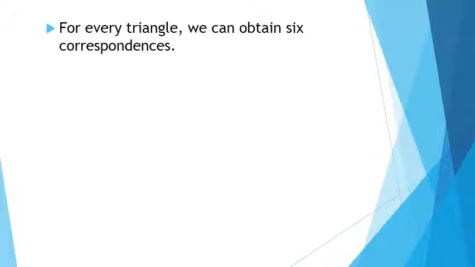So children, you can cut two triangles, triangle ABC and PQR, of the same size and shape, and you can match the vertices with the correspondence given here. Then you can understand which one is exactly matching over the other, that is, which correspondence will lead to congruence. So first we establish the correspondence between two triangles.